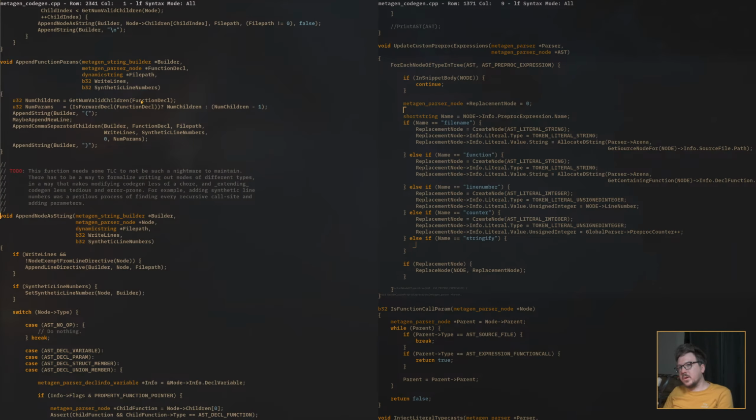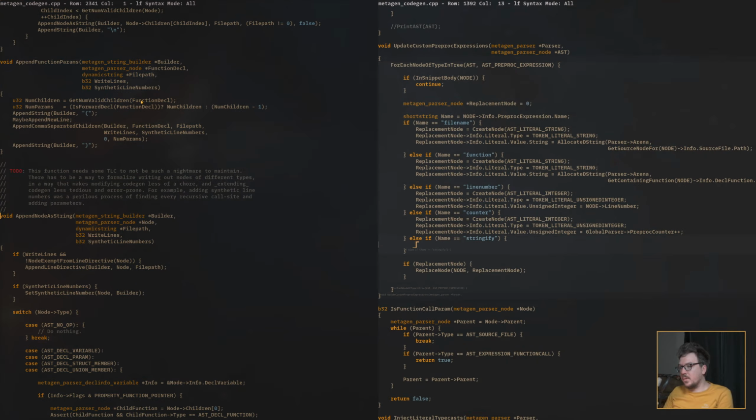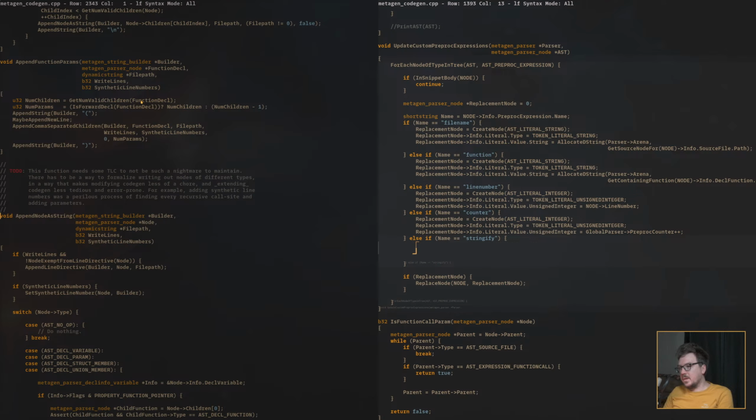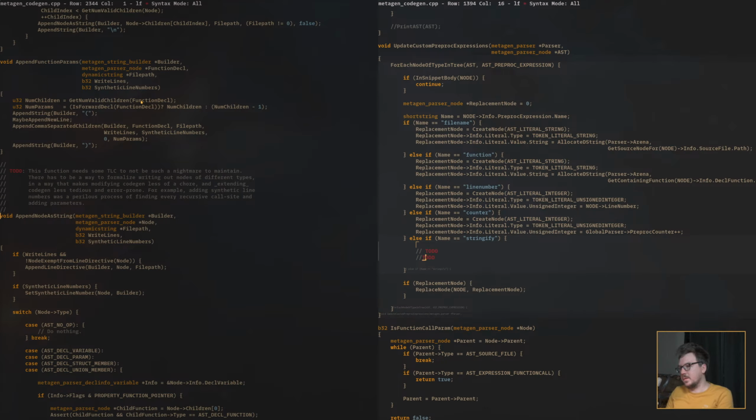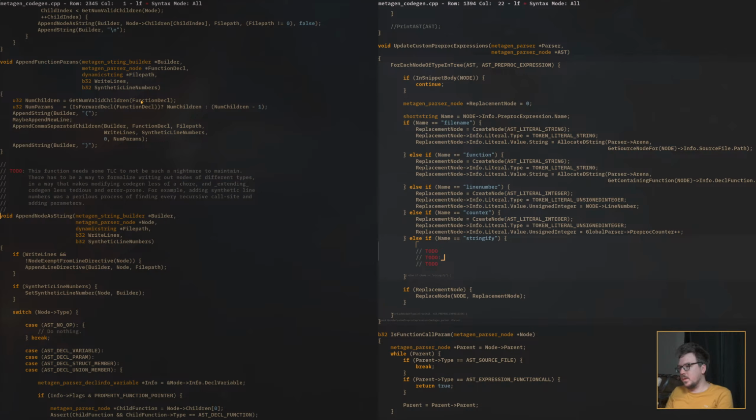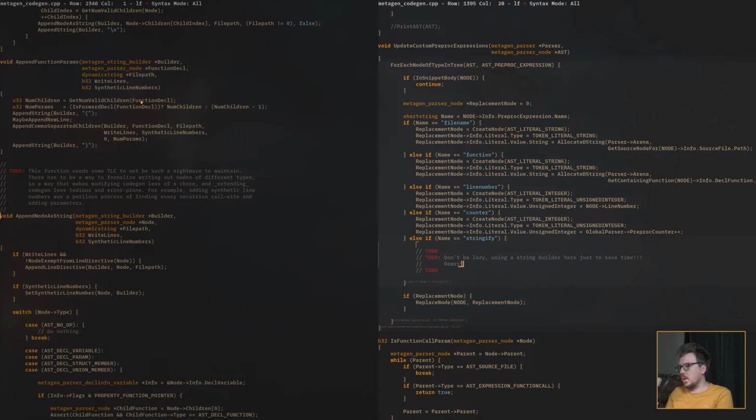Or I can do the gross thing that'll just get it working right now and use a string builder for this, which I'm going to do first just to get it working. And we are going to put some big old to-dos in here. Don't be lazy. Using a string builder here just to save time. Rewrite append node as string to give you the string.